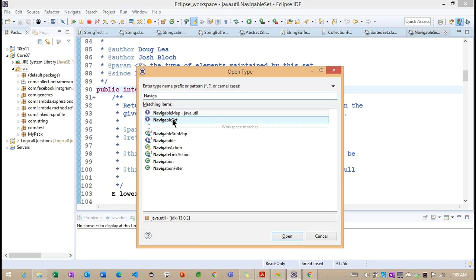But in Open Resource we can load only the classes available inside the source directory. This is the difference between Open Type and Open Resource. So using Open Type, we can load all the classes here.